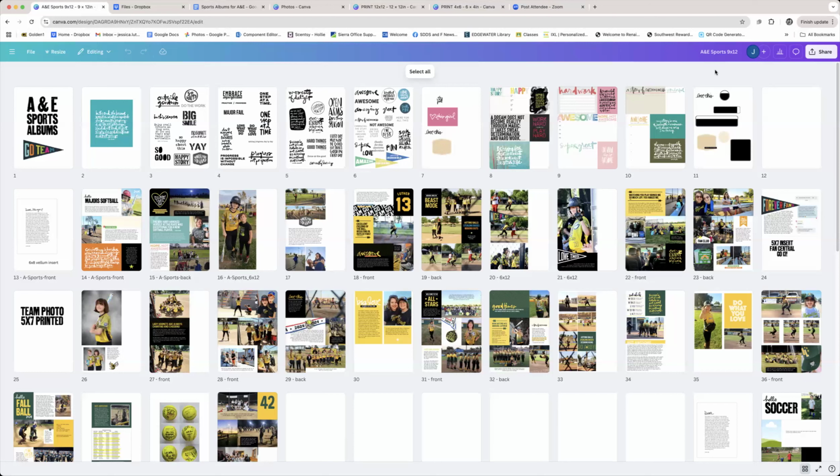I love compilation albums. So I love having one album that tells a similar story through the years. We have an album, it's a 6x8 album, and it features all of our trips to a local pumpkin farm. We go there every single year. We've been going there since 2013, and each trip is featured within a couple of pages in that album. And it's so fun to sit and look and see the change and the growth, not only in our family size, but just in the ages of everyone involved from the beginning. And it's really fun. So I wanted to have a special sports album.